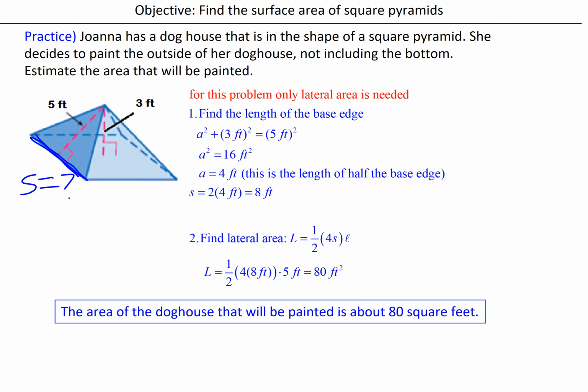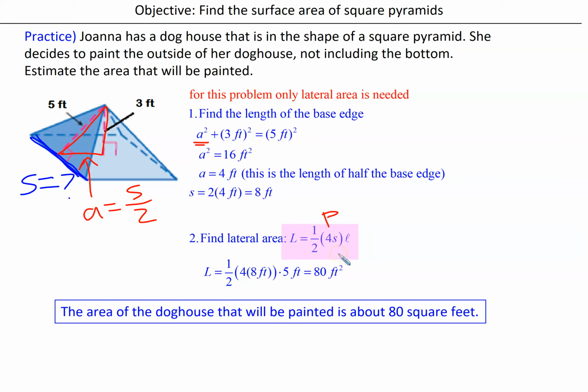And so we have a right triangle to work with here, where that measurement is half of S. And so here again, I've called it A just for something to call it, but it is half of S. And doing the math here, we get an exact value of 4 feet. And so this is done with the other formula. So if you like that, you can see this option where we do 1/2 times the perimeter P, which is